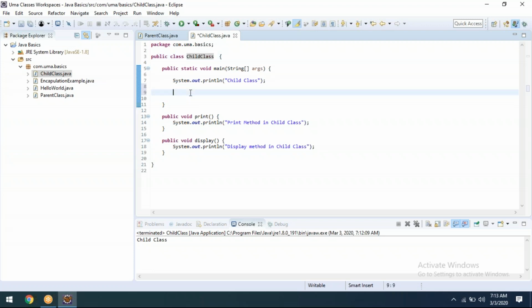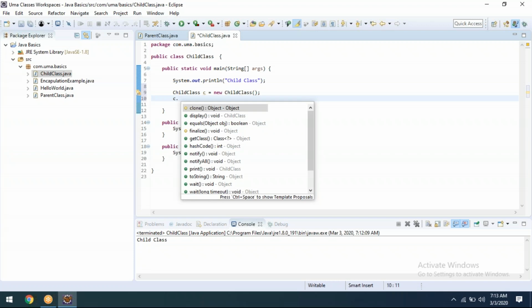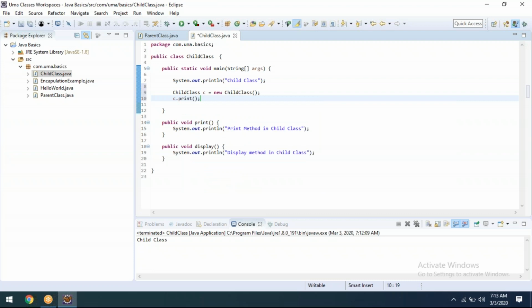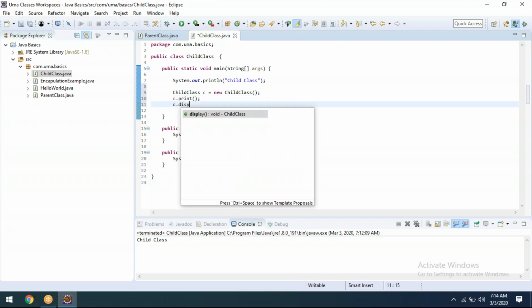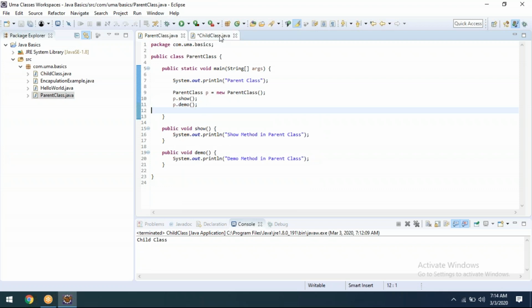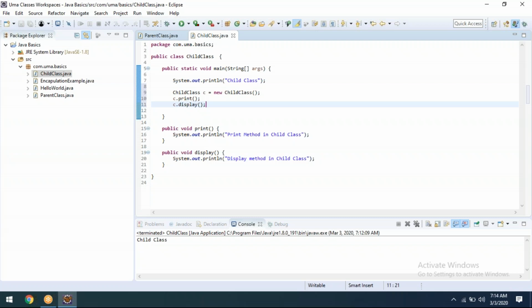Child c equal to new child class. c dot print method I'm calling first, then c dot display method. Here, show is there, demo is there. Here, print is there, display is there. Here, two methods. You are getting my point?